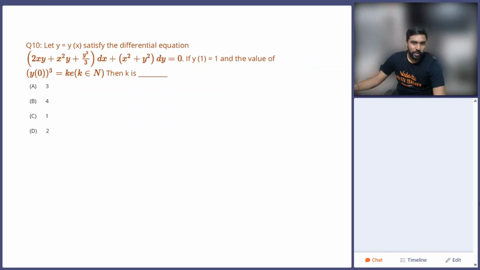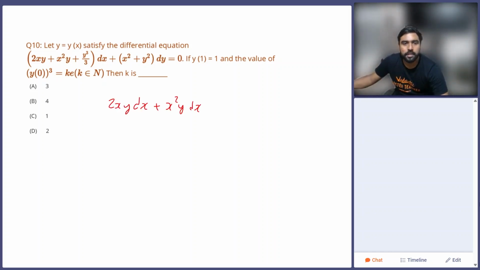Okay, moving on. Right, what do we have here? You have (2xy plus x square y plus y cube upon 3) dx plus (x square plus y square) dy equals 0. y of 1 is given to you as 1. What is the value of y of 0, the whole cube? If it is k, what's k? Cool. First of all, let's open this up a little bit. 2xy dx plus x square y dx plus y cube upon 3 dx plus x square dy plus y square dy